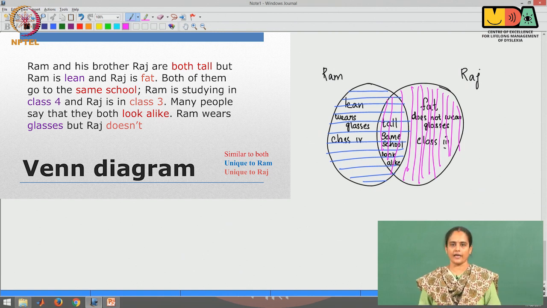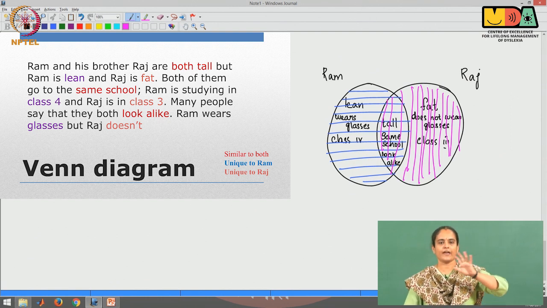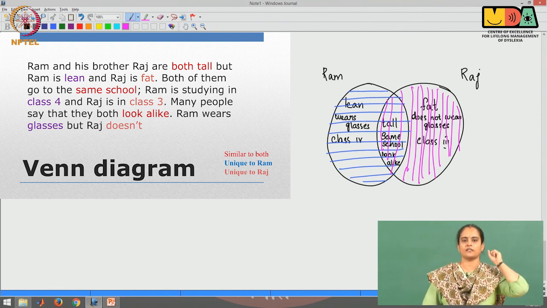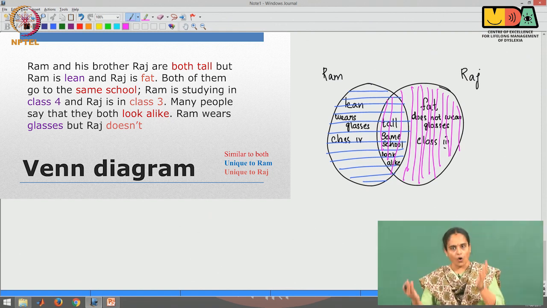So, when you do learning with him, you will have to be very, very specific and say, if the question is about write the specific or unique features of Ram or write a short note on Ram, he has to write whatever is there in the part where you can see blue. So, wherever he can see blue, all those points need to come under write a note on Ram. Now, if it is write a note on Raj, wherever he sees the pink color has to come under write a note on Raj. So, that means all what is in the intersecting portion should also come in the answer.